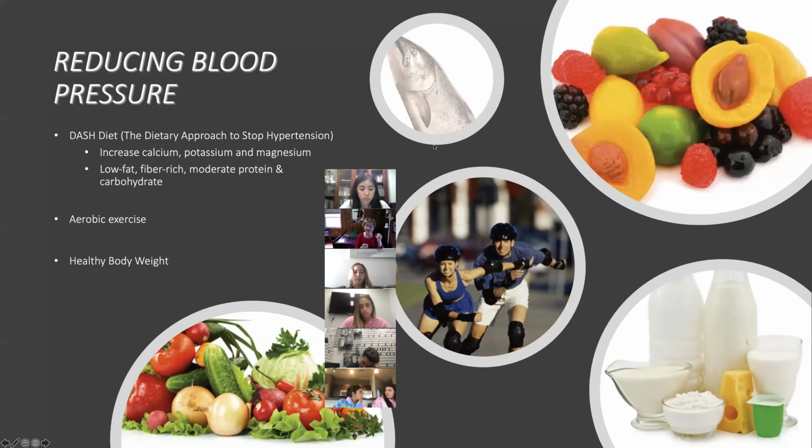It didn't tell people to eliminate sodium, but the recommendations for this diet were to consume between 9 and 14 servings of vegetables and fruits every day, which is a lot. And what this diet showed was that for a lot of people, following this diet could help lower blood pressure as much as medication in mild cases.